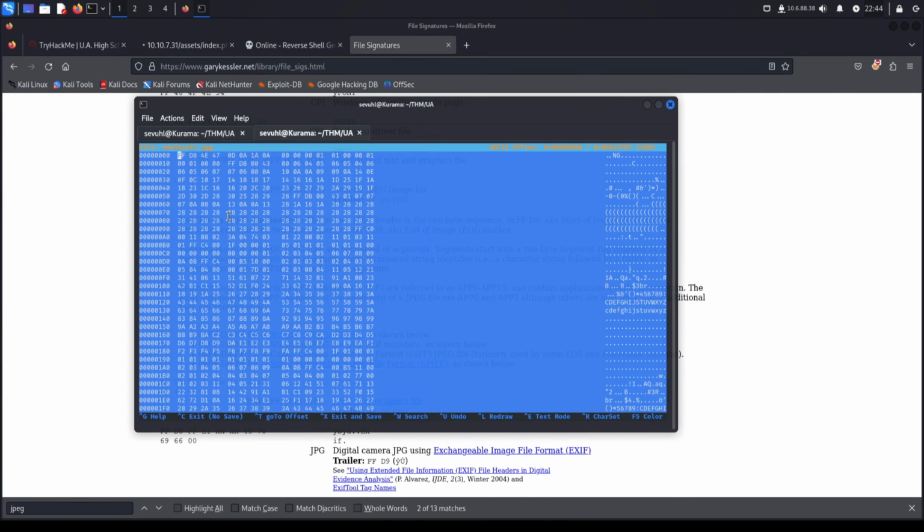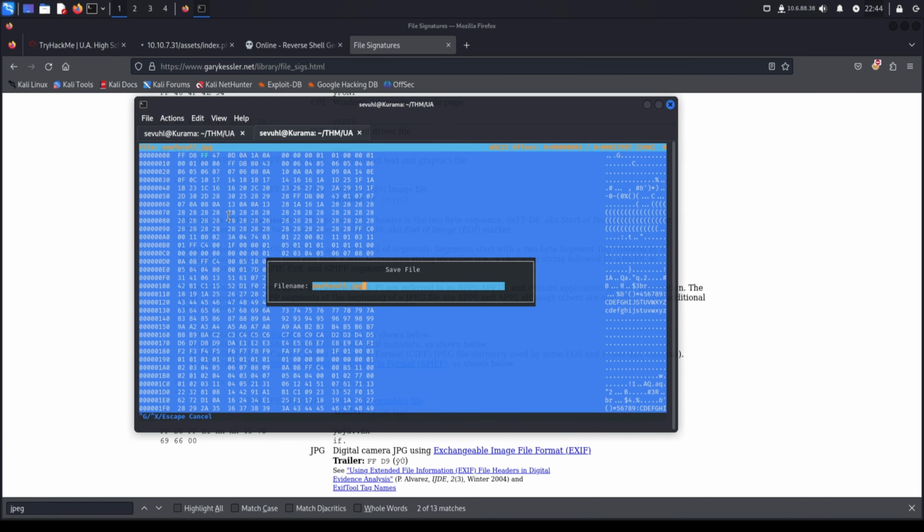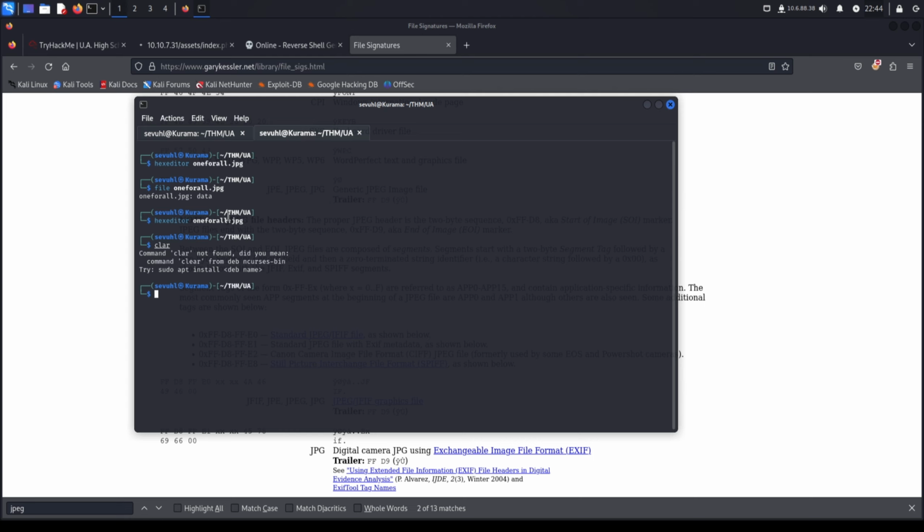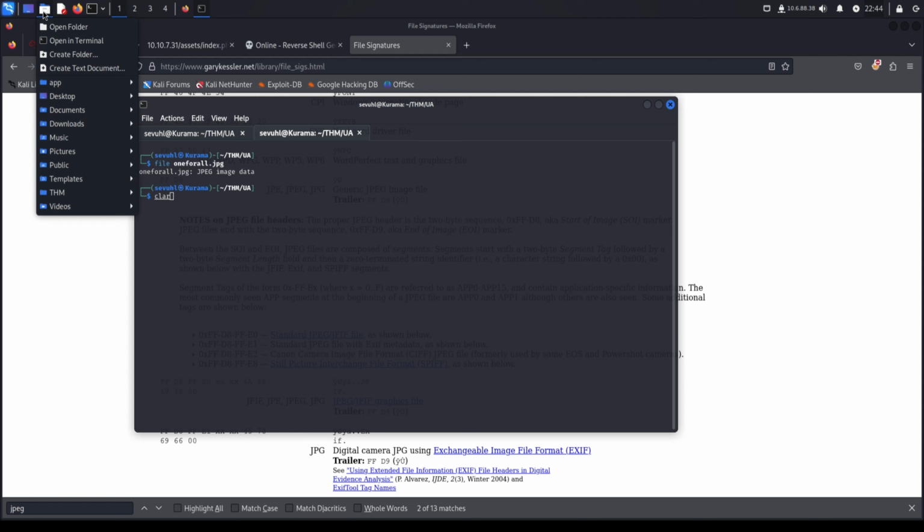And we can just kind of have some fun here for a second. If we were to just do FFD8 FF and then save that, again, we'll just save it down as the same file. I keep missing at least one letter on the word clear. We'll do file one for all now, and we see that it is now an image data file. If we were to go back into that directory here,